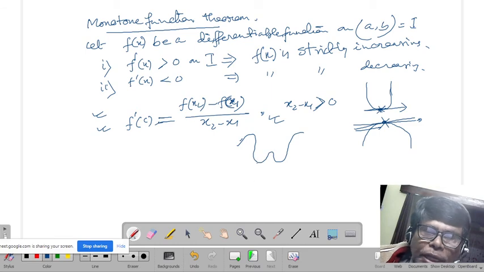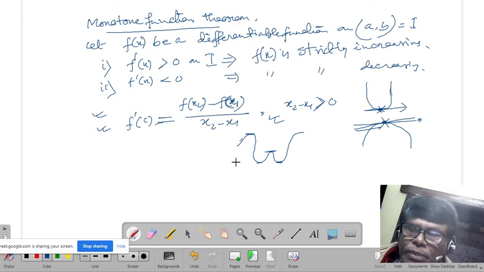Okay, so here is one point of inflection, here is one, and here is one also. So within these two intervals there are 1, 2, 3, 4 points of inflection. Okay, so a group of points of inflection may be there, so you have to find out whether there is only one point of inflection within an interval or there are many.